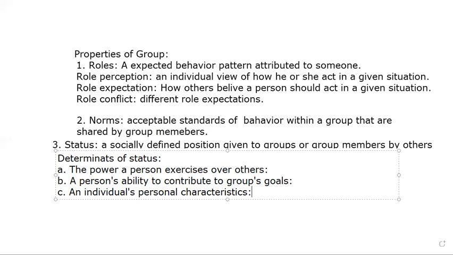So when someone has these typical attributes, it is called personal. This is a personal characteristic that also determines your status. These are the 3 things that determine your status in society. Then number 4,